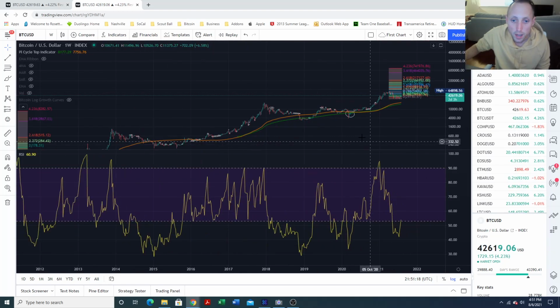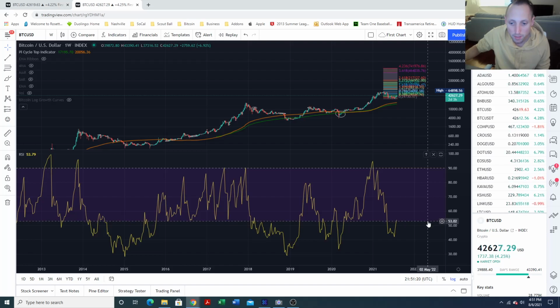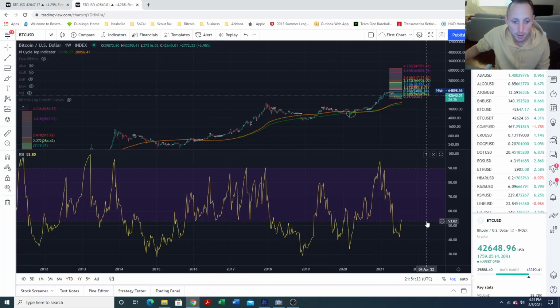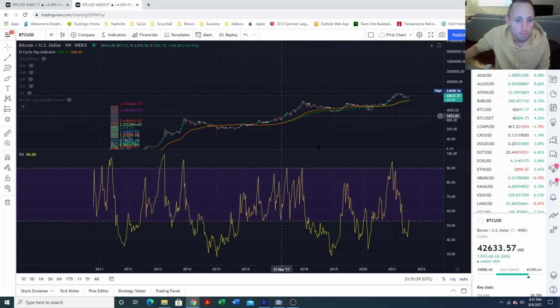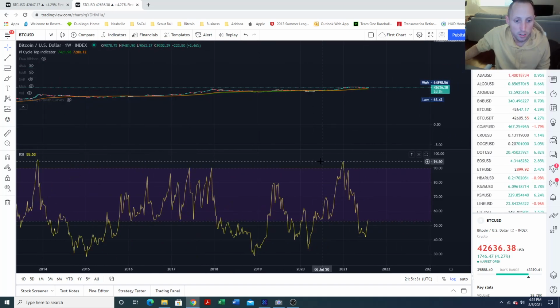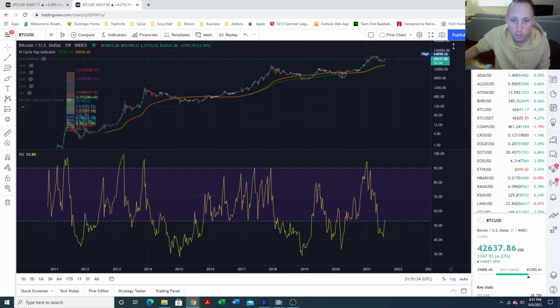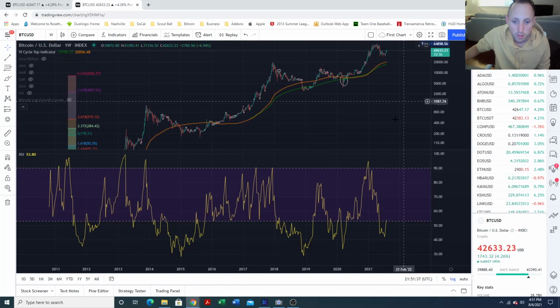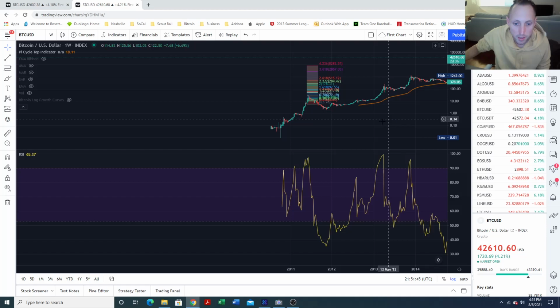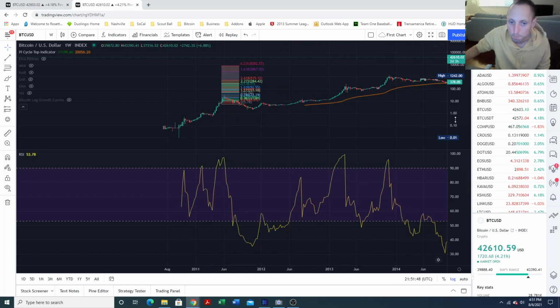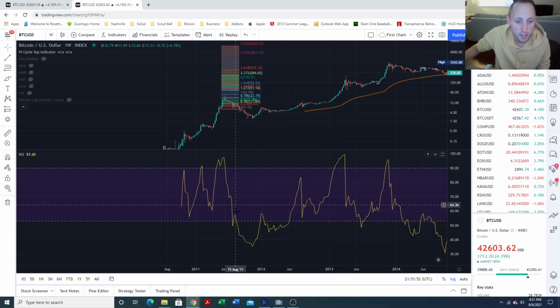Okay, so for me on the RSI, I actually set my level to 53. The reason why I set it to 53 is because in the past, Bitcoin has used this level as a support zone. Every time, as we go back here, on the weekly, this is an area right here that Bitcoin's kind of used.